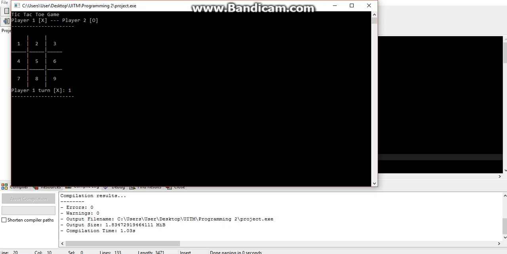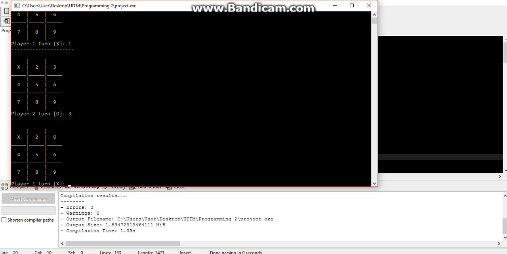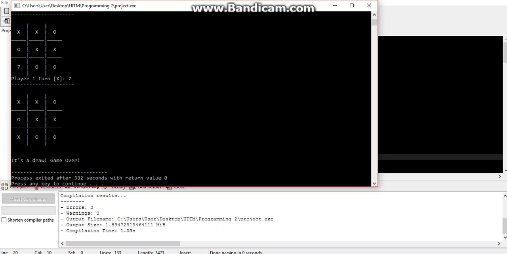Player 1 chooses 1, so it will change to S. Player 2 chooses number 3, player 1 chooses number 5, and player 2 chooses 9. I'm going to make this a draw. So it's a draw